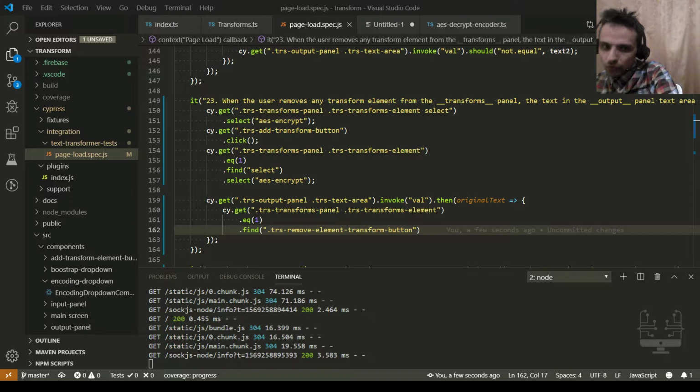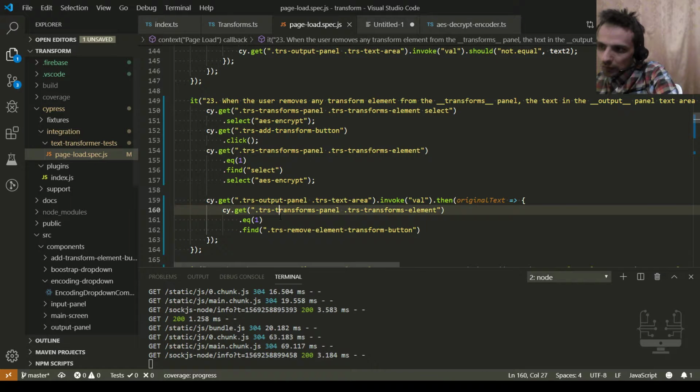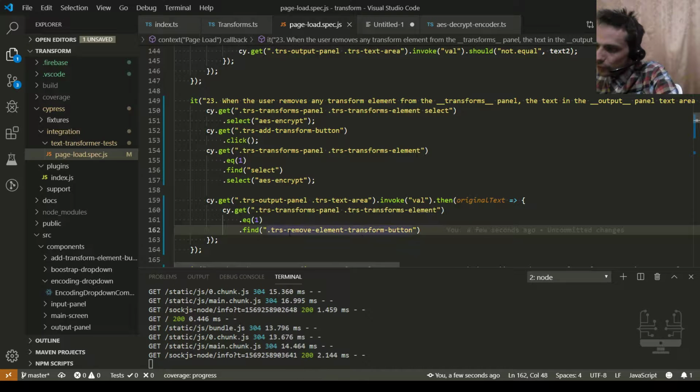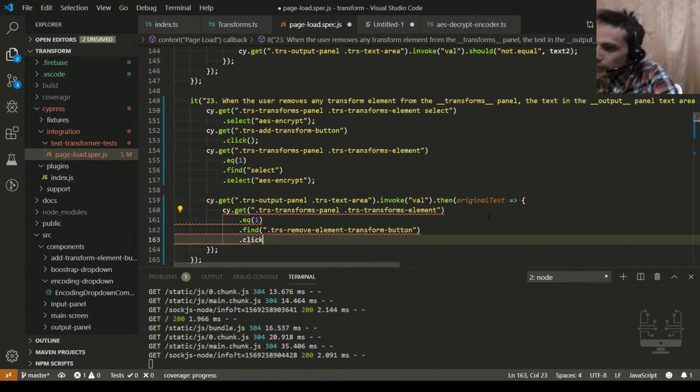Okay, it's impossible. Yeah, TRS remove element transform. Yeah, I think this should work. And we want to click this button,